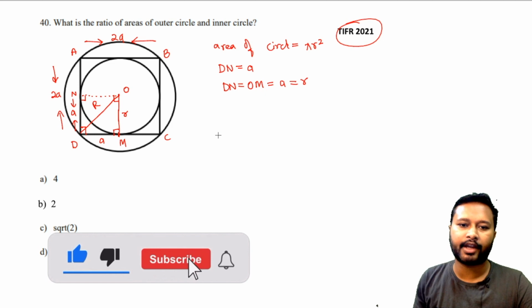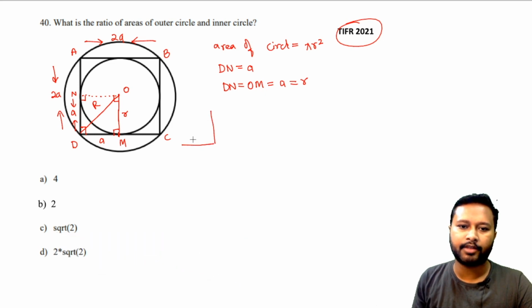Now let's make this triangle separately. So I have, let's say, this triangle. I'm just taking this triangle outside. So I have M here, I have O here, I have D here, and this angle was 90 degrees. This side has become A, right? Because it is A, so I'm just writing it as A, and DM too is already A, right? I have taken this OD as capital R.